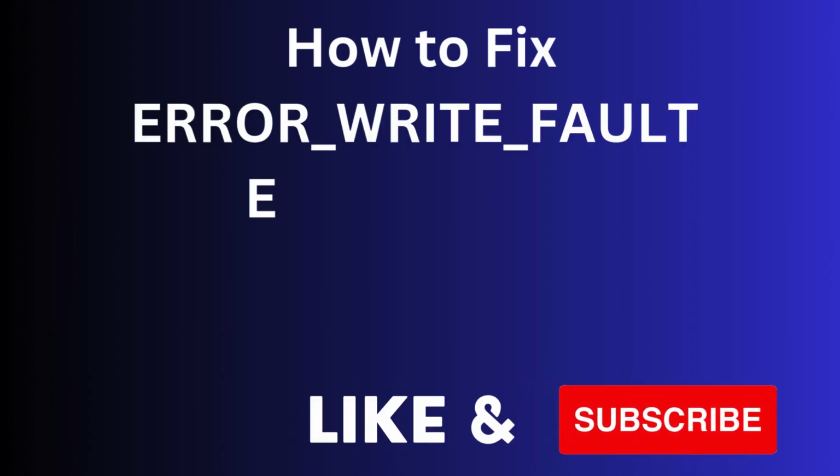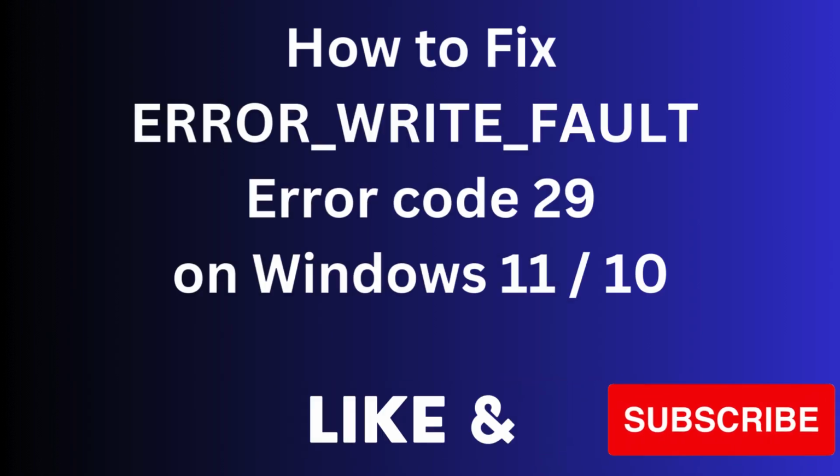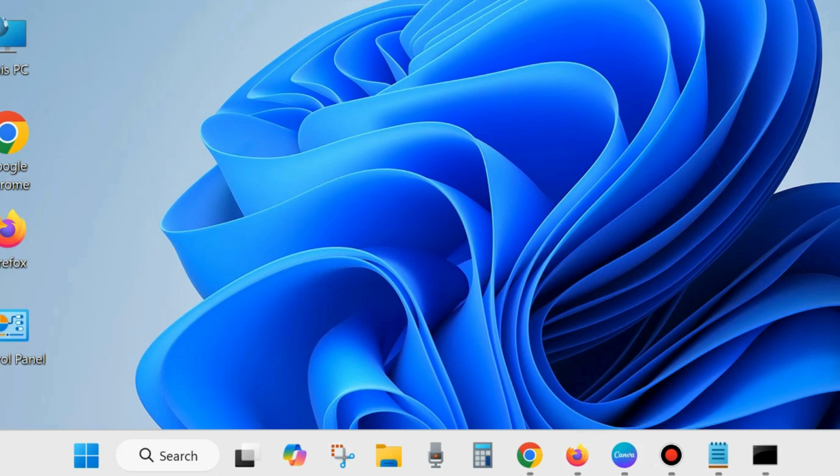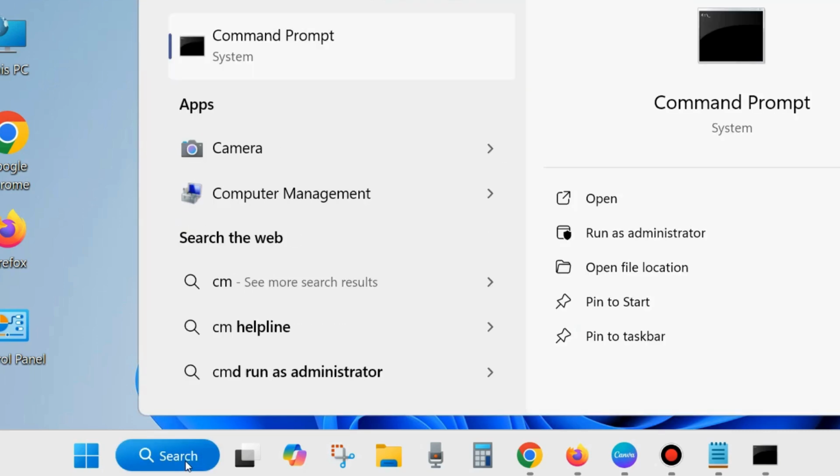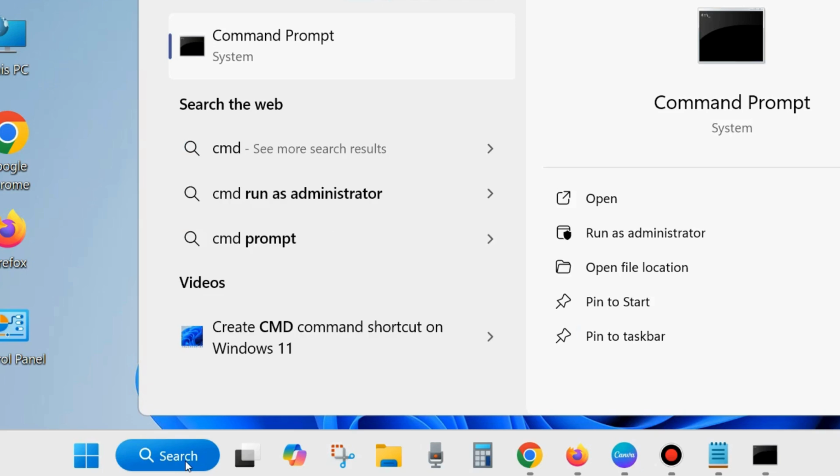Hi guys, in this video we will see how to fix error write fault error code 29 on Windows 11 and Windows 10. If you are also facing such type of error message with error code 29, then here are the fixes, and the first workaround is go to Windows search and type CMD and open command prompt Windows run